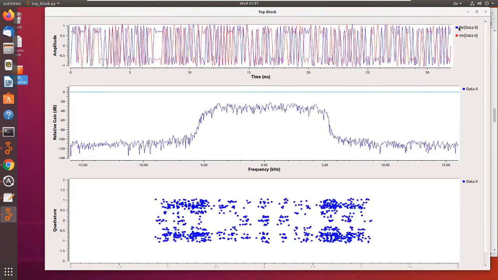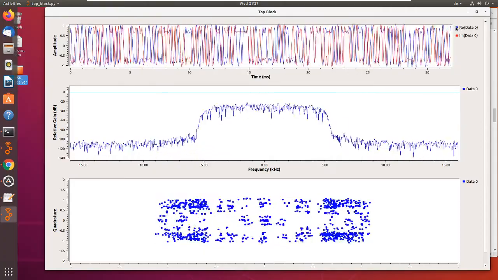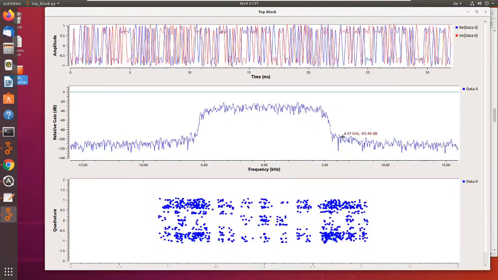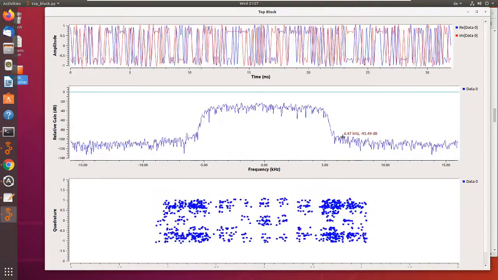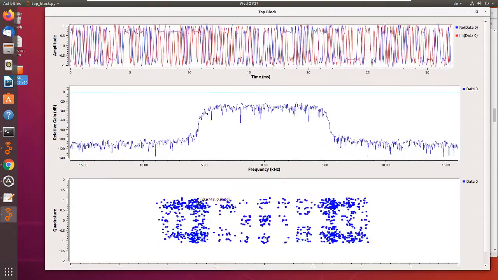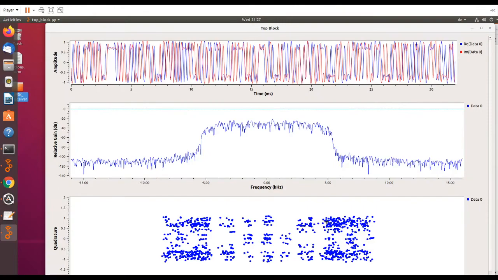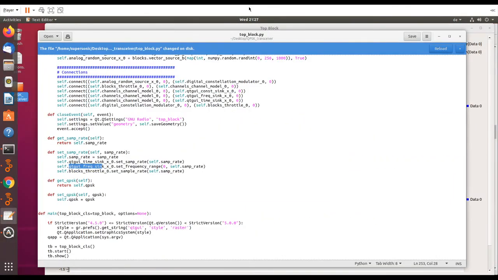So in the next block, what I'm going to show you is how we can correct these imperfections to make a transmission with completely defined constellation points. So to do this,